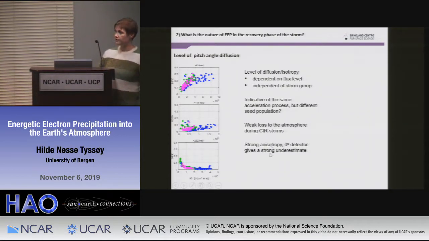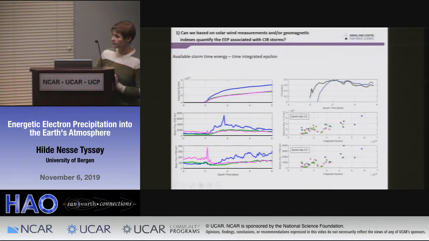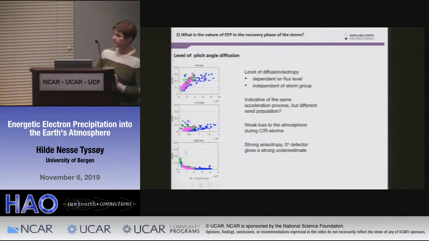A smaller fraction is being deposited, but still, if we only use the 0 degree detector, as the AP model is based on, then we see relatively less of the loss cone and what is being deposited into the loss cone. So a larger underestimate in this recovery phase, because these higher fluxes here correspond to the recovery phase. The higher fluxes here mean that we are fairly well into the recovery